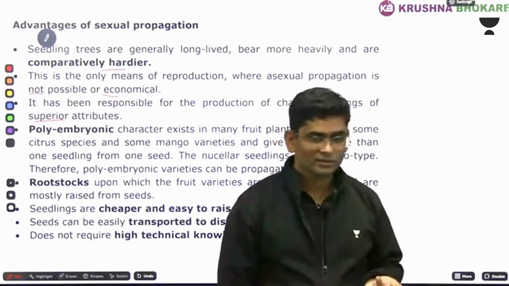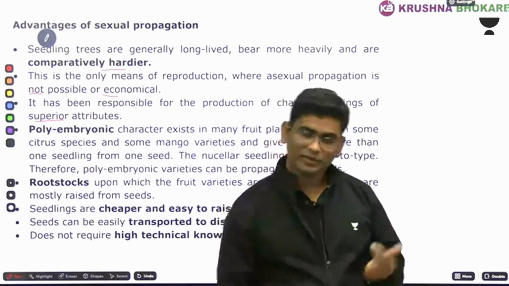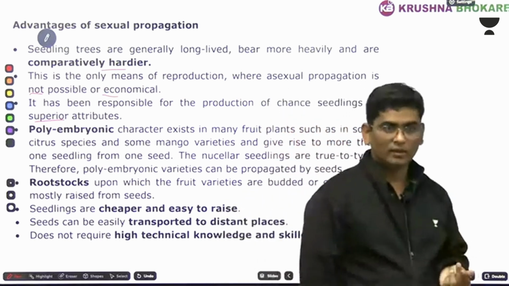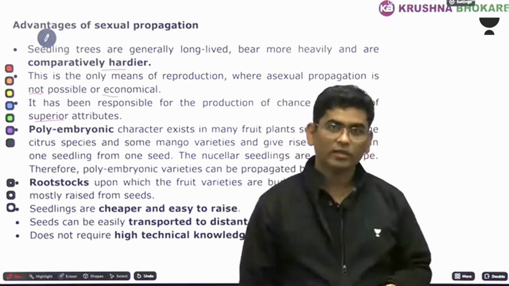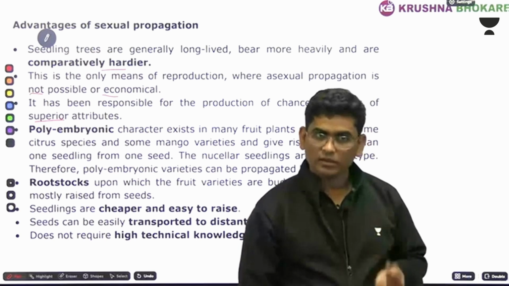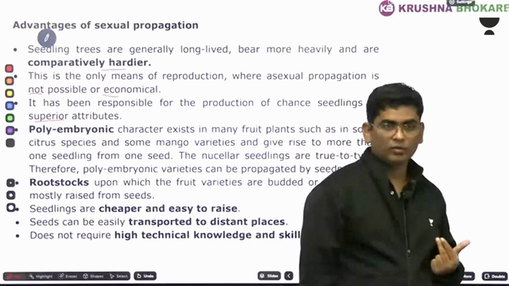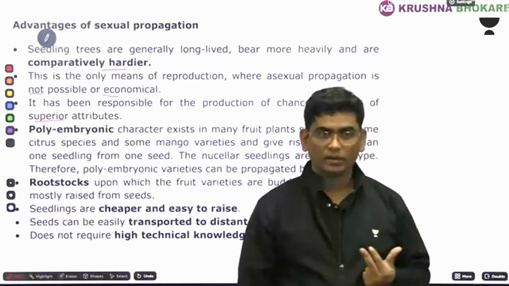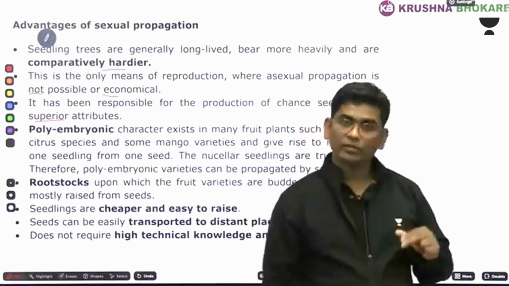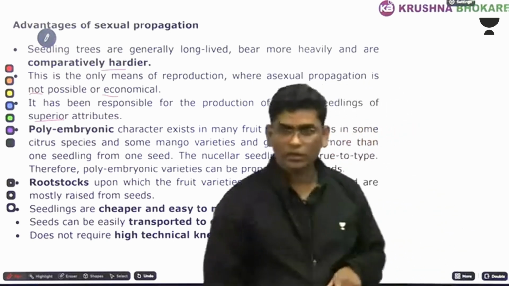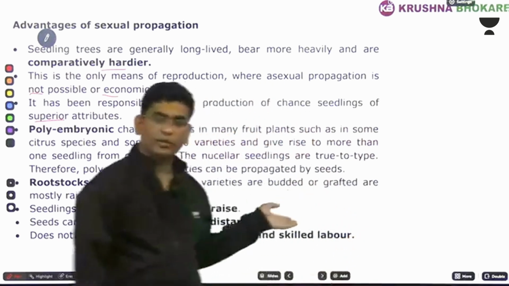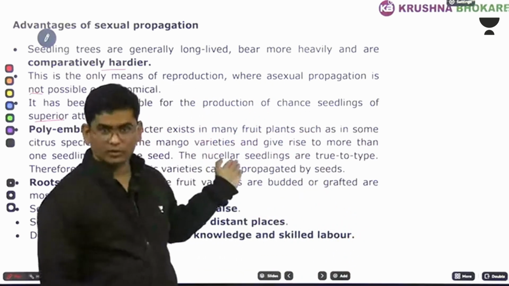मैंगो तो मैंने बताया बेटा, citrus है ना, lemon, citrus. Okay, in case of lemon, at a time there can be 2-3 plants from a single seed. Another example, जामुन पता है आपको, पर्पल कलर का. In that also 2 to 3 embryos are there in a single seed. Okay, so polyembryony like character is possible in case of only sexual reproduction.